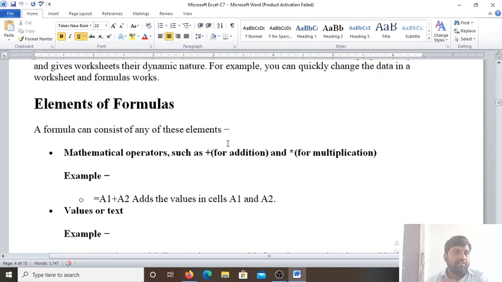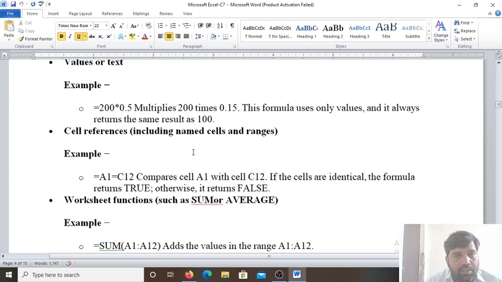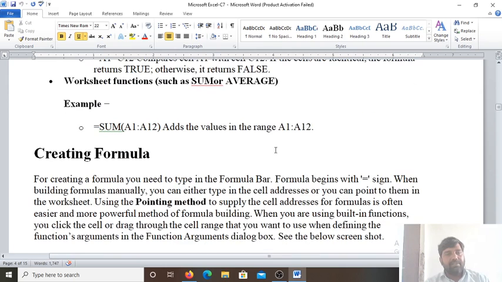In the previous lesson, lesson 2, we learned about the formulas and functions in Excel, and as you know the elements of a formula are the mathematical operators and the operands, values or text. Different types of cell references also we studied in lesson 2: the relative cell reference, absolute cell reference and mixed cell reference. Some functions also we studied, the sum function, average function, mean functions.